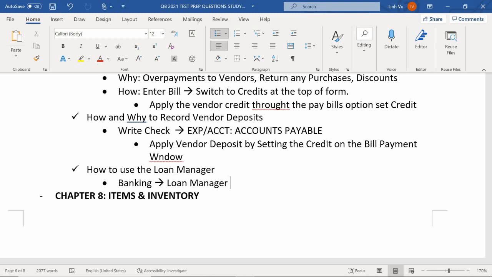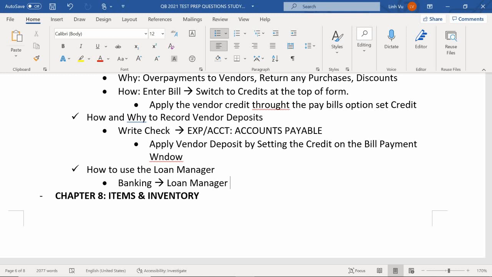On top of that, the loan manager also allows you to make multiple payments, and it asks whether you want the payment to go towards the principal or towards the interest. That rule, applying to the actual principal, only works if you're making multiple payments. So that whole section in chapter 4, the very last few pages of the book,